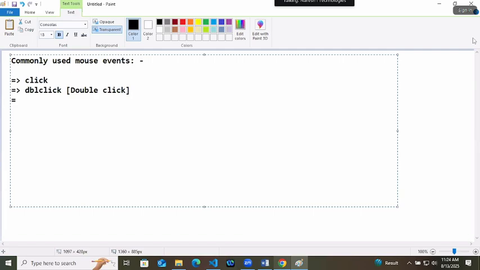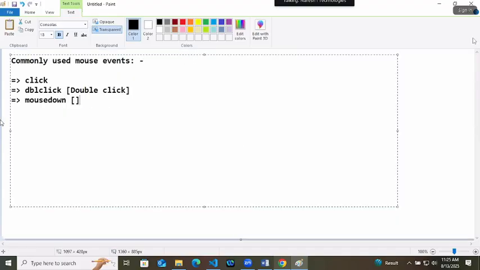The next one you have is mousedown. Mousedown means that the mouse button is pressed. Then you also have mouseup. Mouseup means the mouse button is released. Here you were pressing this button and then you release it.